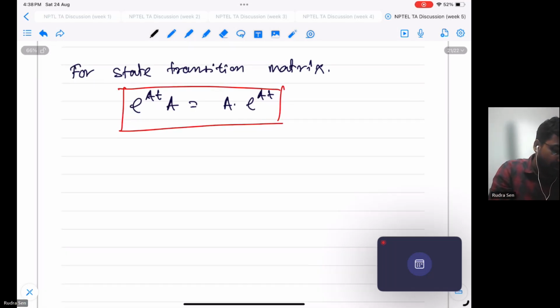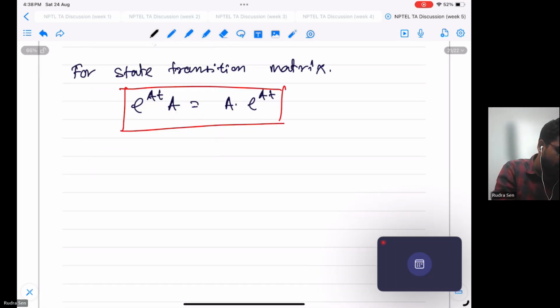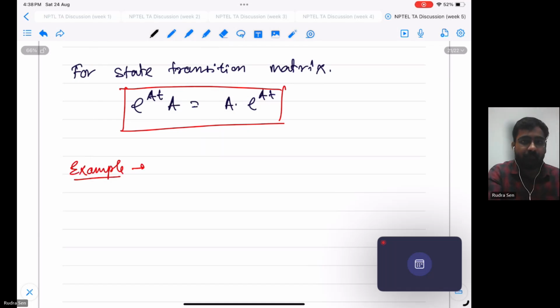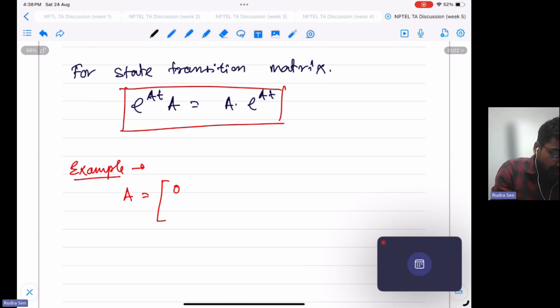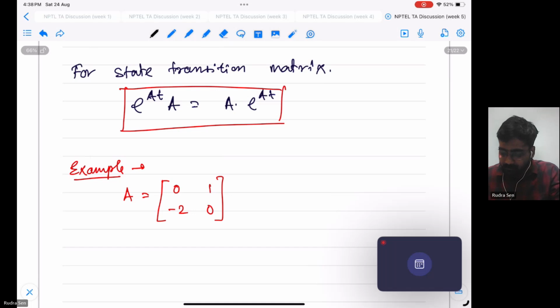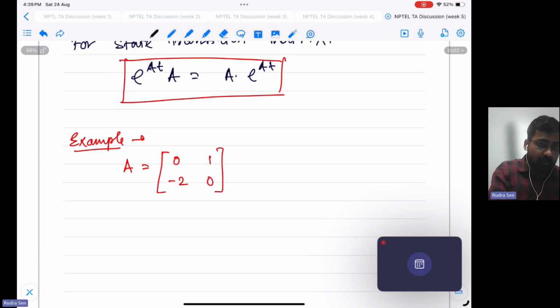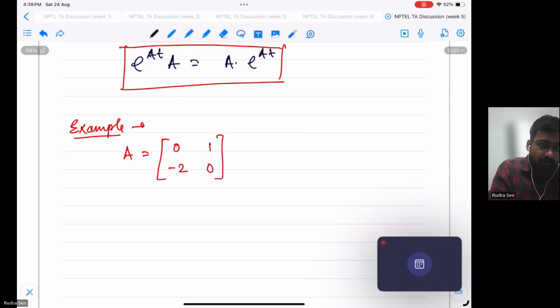Okay, so the example is: A equals, you are given, [0, 1; -2, 0]. Find the